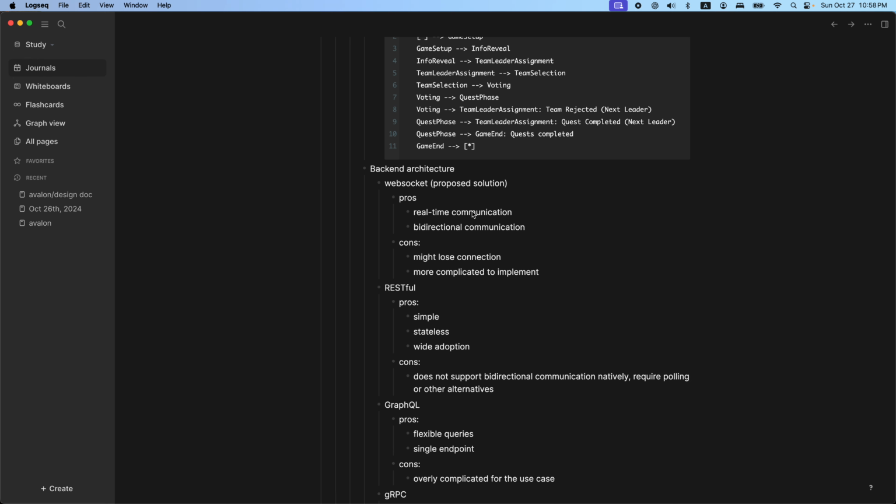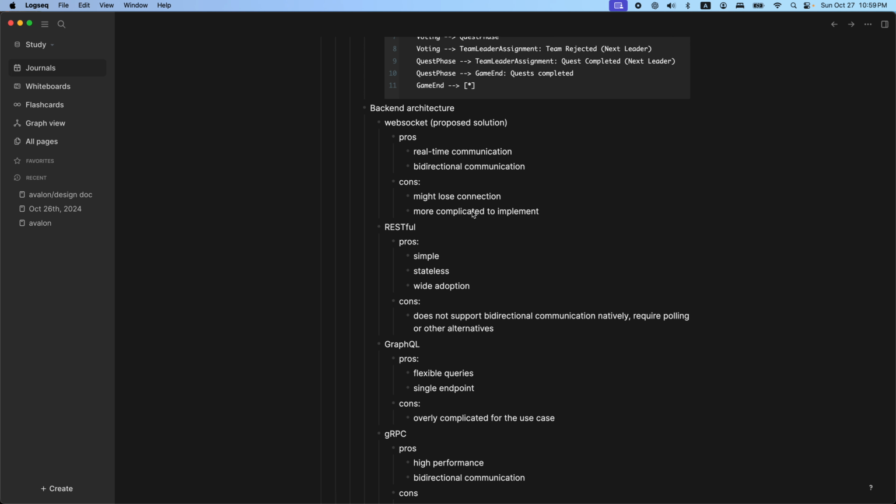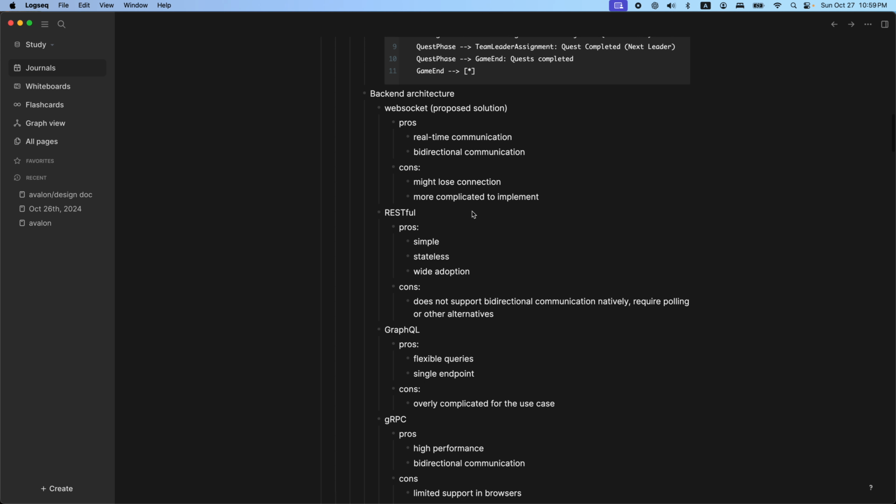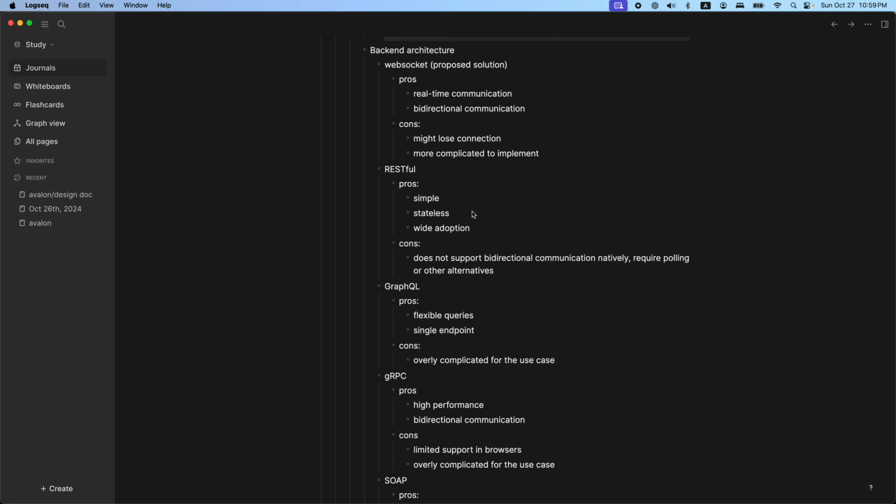So with that being said, we also want to compare the backend architecture. This is a vital part of the project because it determines how the subsequent design will be made. So I honestly, like I mentioned in the beginning, many people just go directly to RESTful API when designing a backend. Even though it is theoretically true in real life, but during technical interviews, it is highly recommended that we know other options and their pros and cons and be able to compare different options for this particular use case